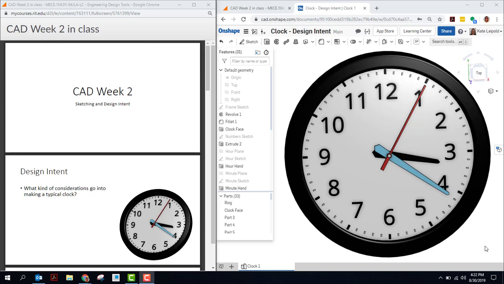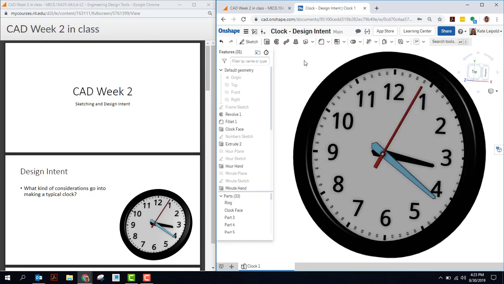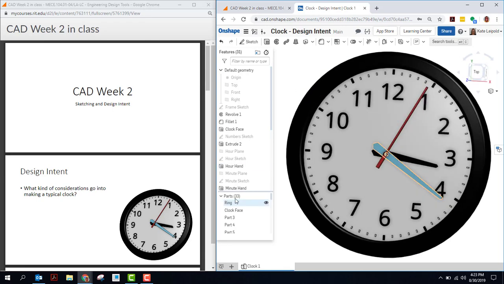This week in CAD we're going to talk about sketching and design intent. How do we capture what's important in our model when we're laying out the sketch in order to make some features that go into the parts of our CAD model? For a typical clock, what kind of considerations do we want to consider? If you look at the clock shown in Onshape here on the right, you'll see that this particular